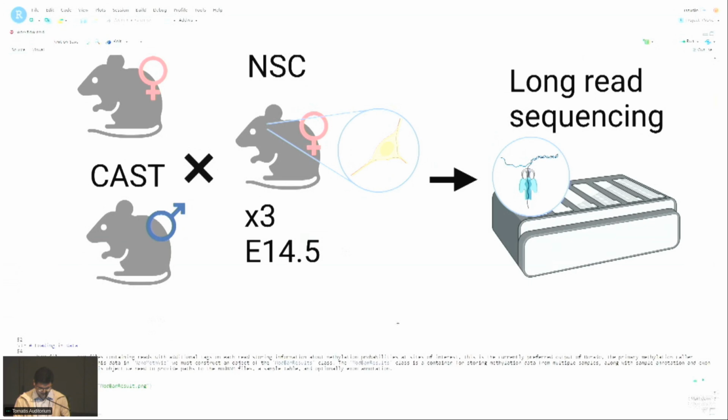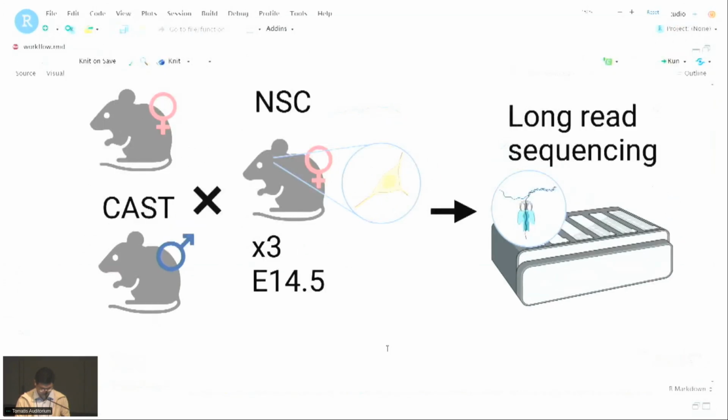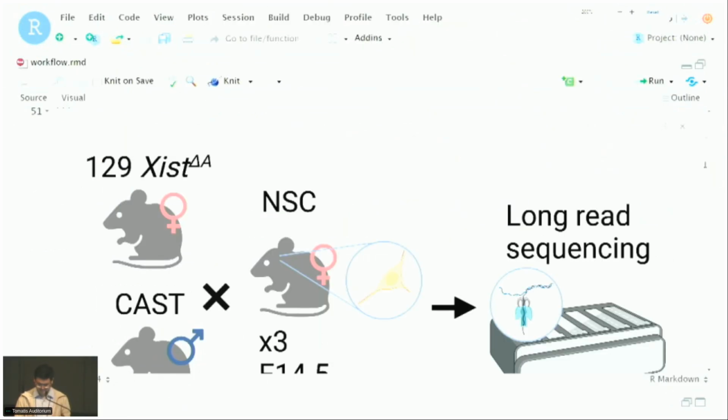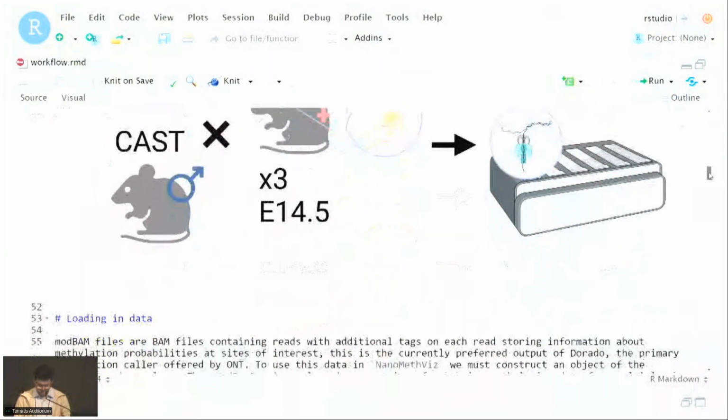Actually, let me just, I don't think I need to see any of that or this, and I think I'll make this text bigger for everyone. Okay, maybe that's a bit too big. So